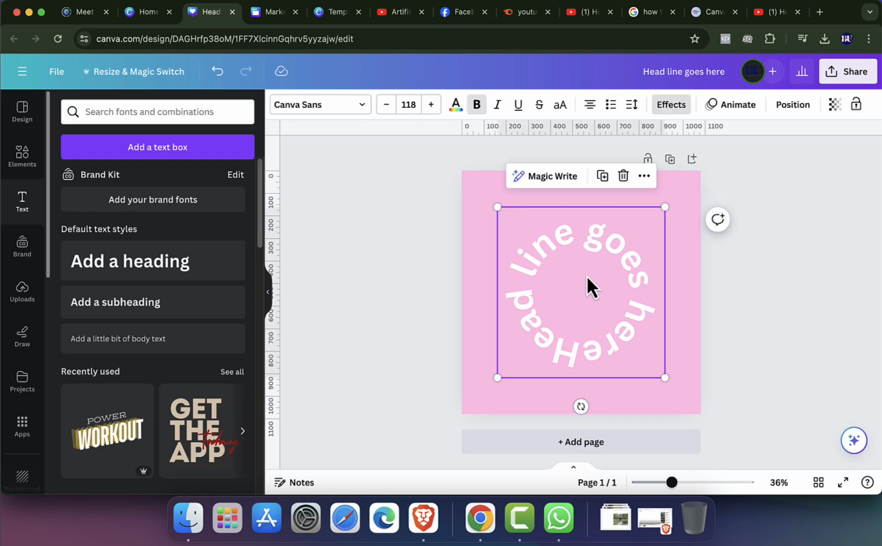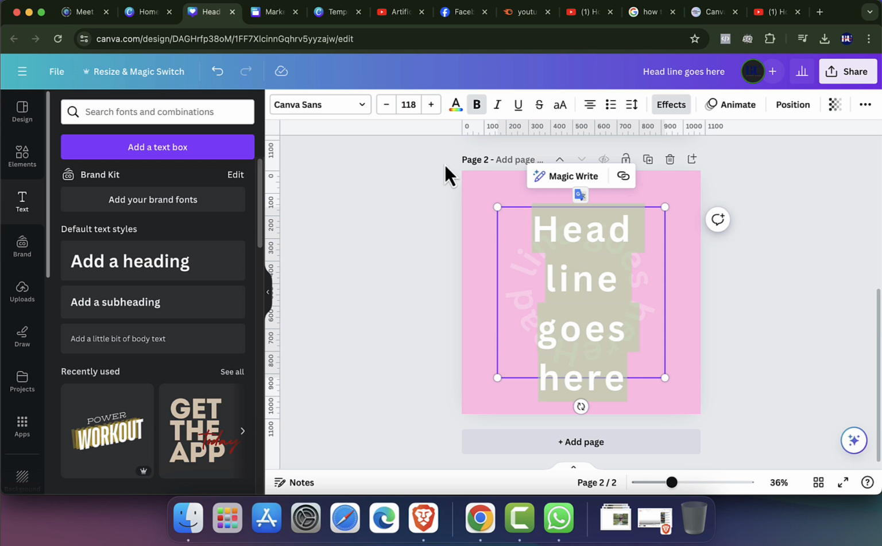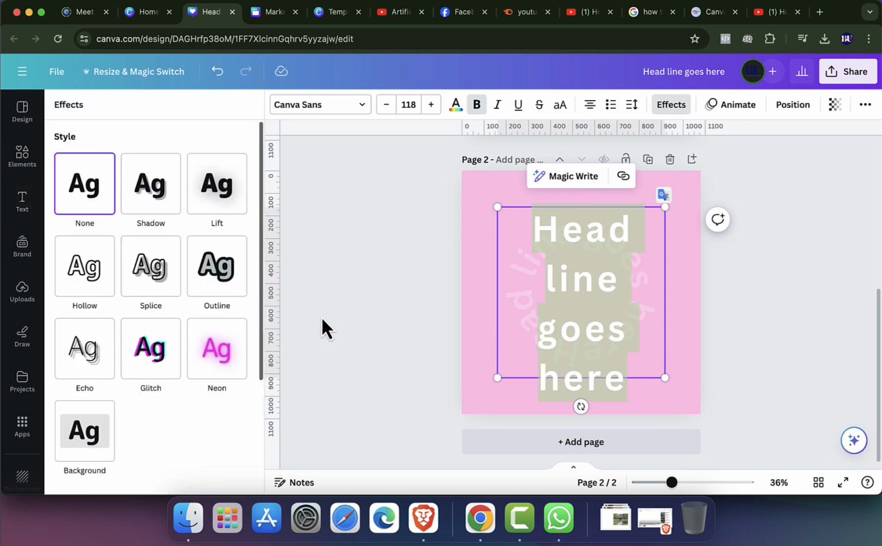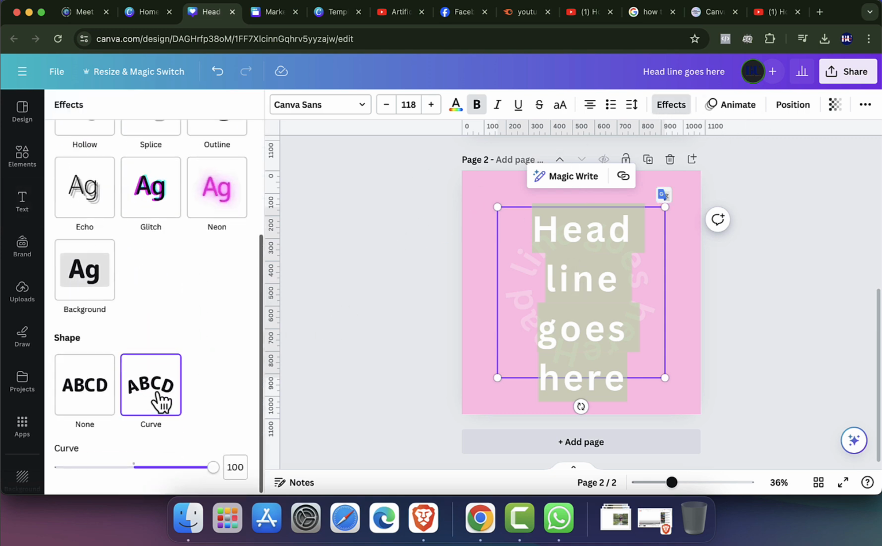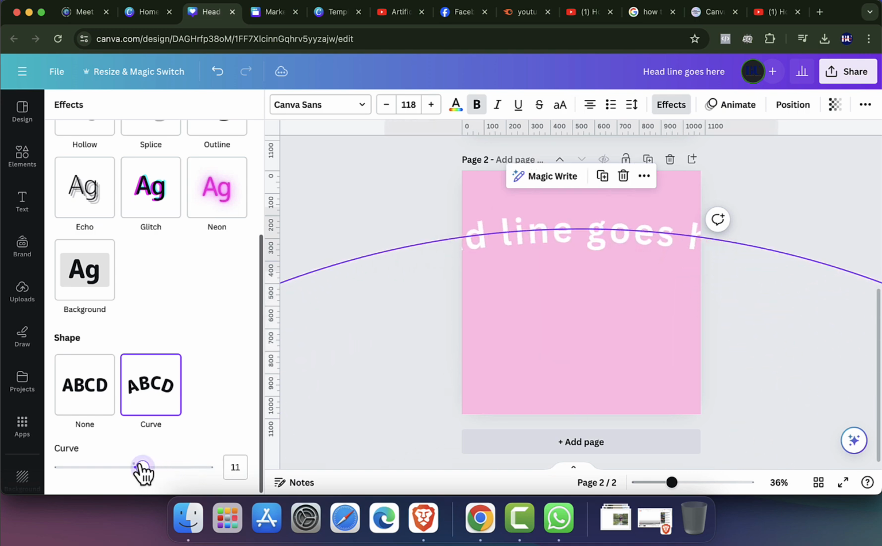And well, if you want to change this curvature or curve the text in a different direction, you can also do that. All you can do, simply